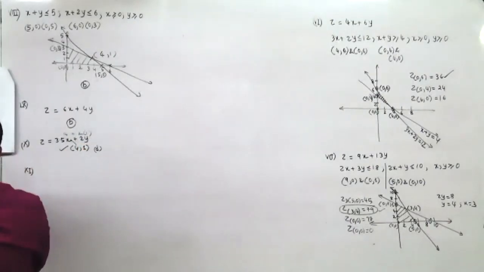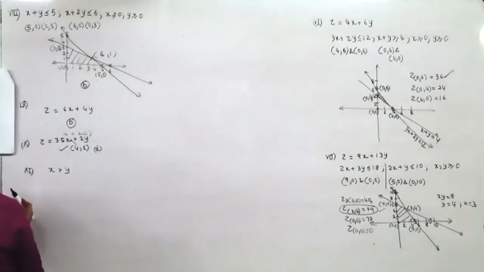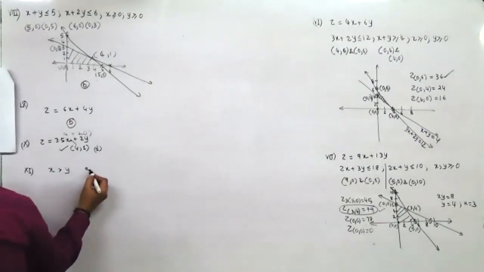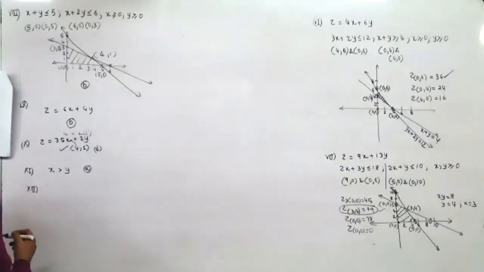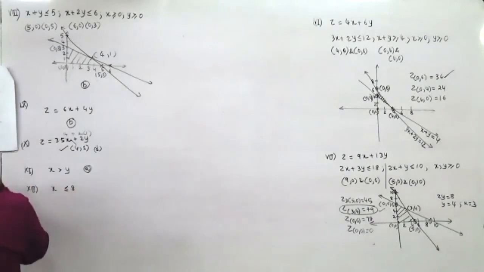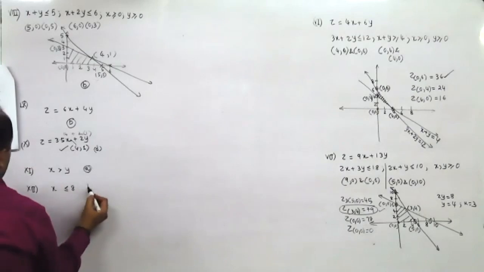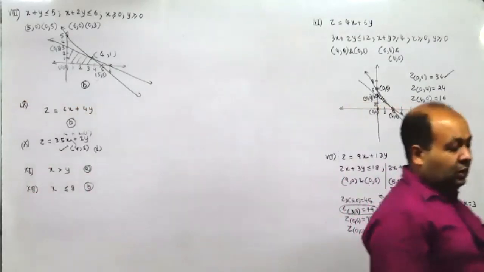Then the constraint that in a college there are more scholarship holders in FYJC class than in SYJC. So X is more than Y, would be X greater than Y. So it is A. Yes, sir. What kind of a question was this? A washing machine can hold up to 8 kilograms of cloth. So X can be maximum 8. So it can be less than or equal to 8. Exactly. So it is option B, right? Yes, sir.